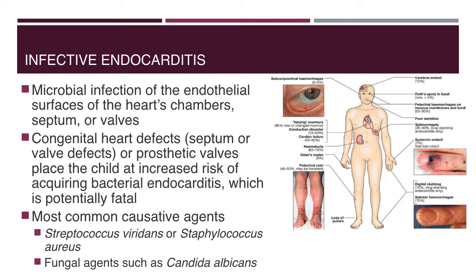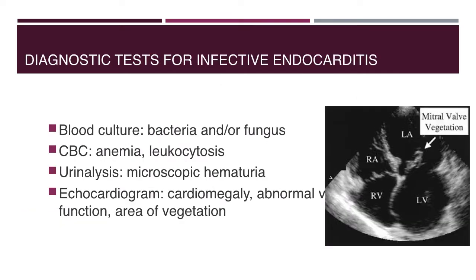The most common causative agents are strep viridans or staph aureus. And in some cases, they may get a fungal infection such as Candida albicans. And we see the candidal infections often in children that have been on long-term antibiotics for various infections or for prophylactic treatments. The diagnostic tests are a blood culture, and the blood culture is going to be looking for bacteria